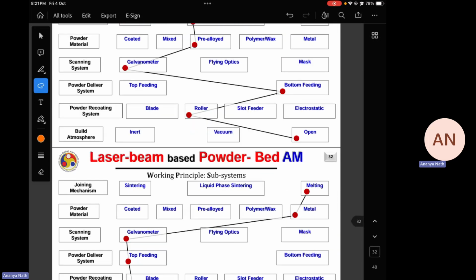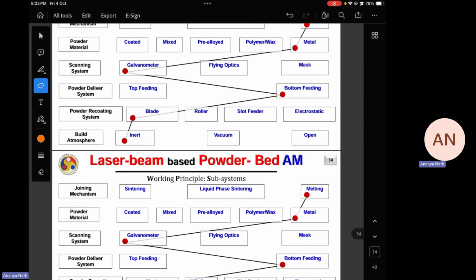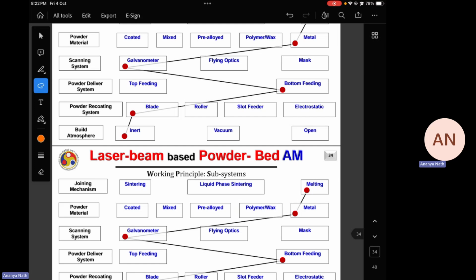But polymer doesn't have that behavior. Polymers are not prone to get moisture trapped easily or get oxidized easily, so that's why they can be operated in open environment. Because if you can work in an open environment for polymer, then go for it, your money will be saved. But in case of metal, you cannot go for open environment.